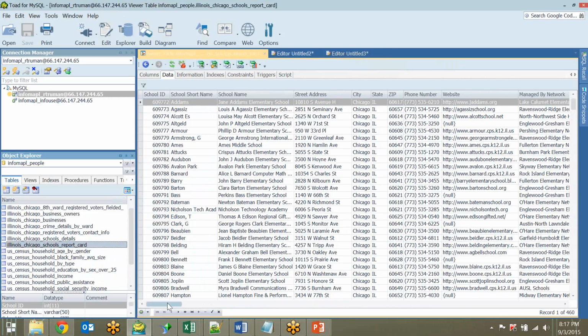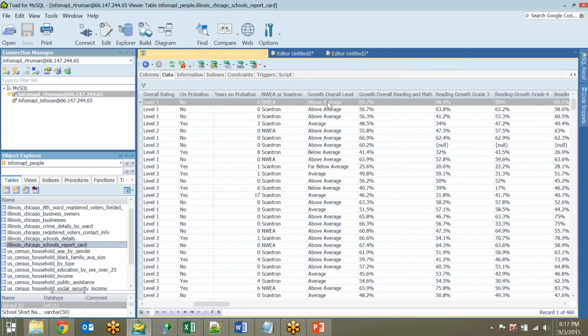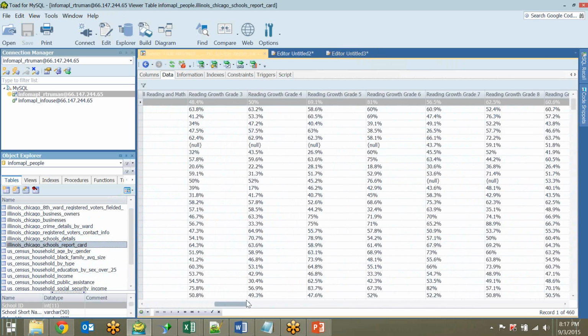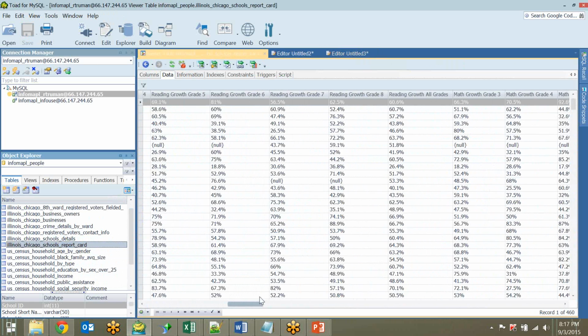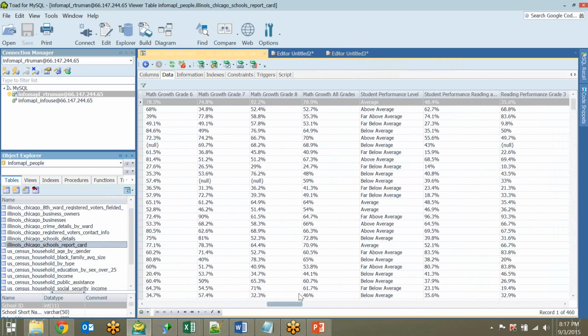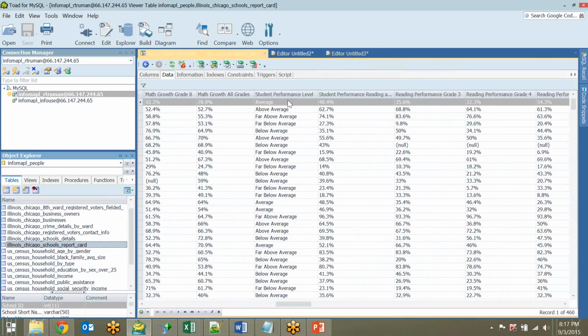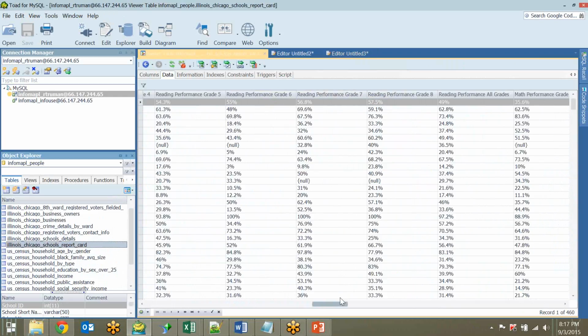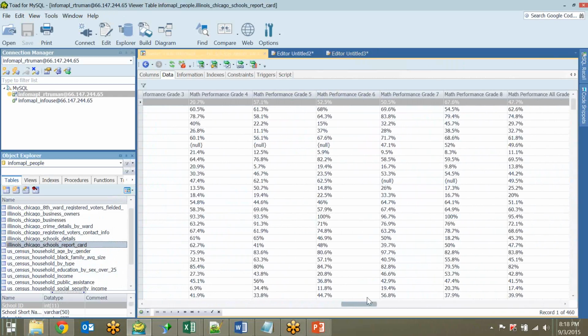A report card is information about the school, how the school did in math and reading, growth for math and reading year over year, performance, how the school performed overall, and other messages about the school,